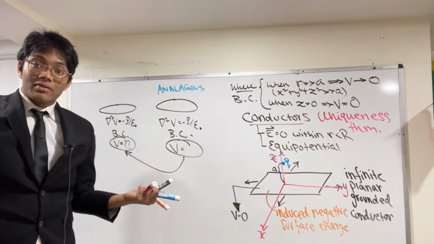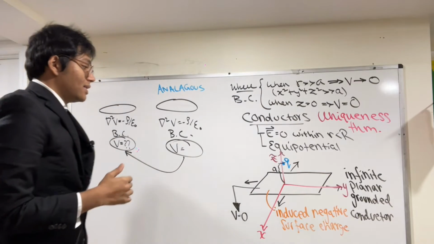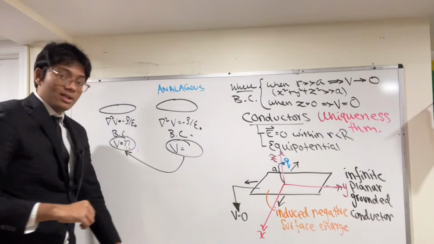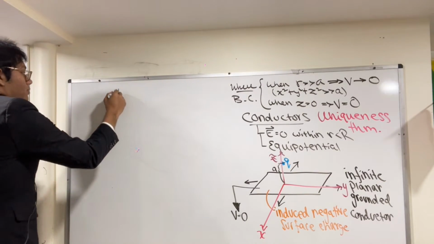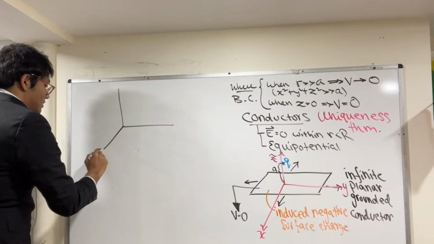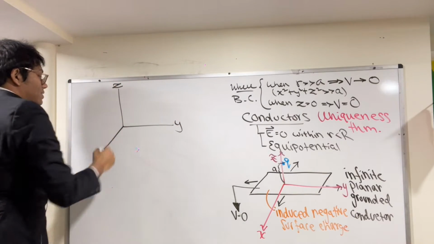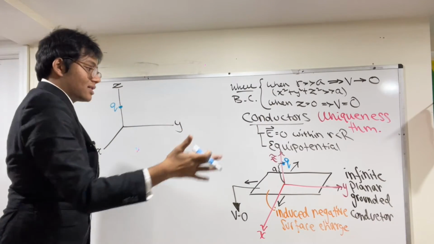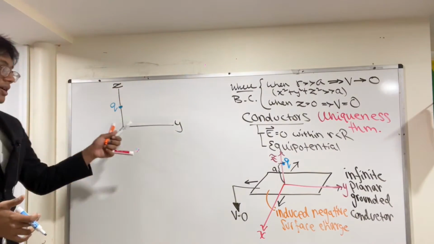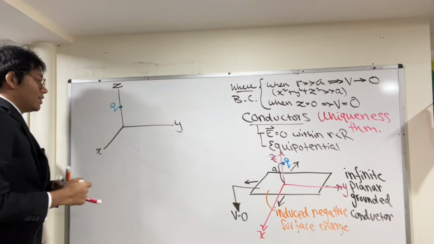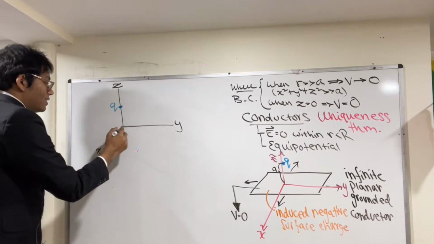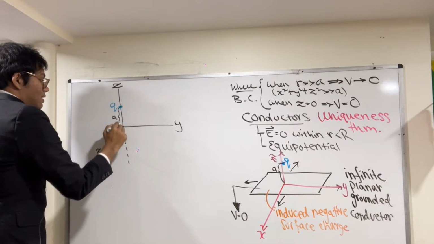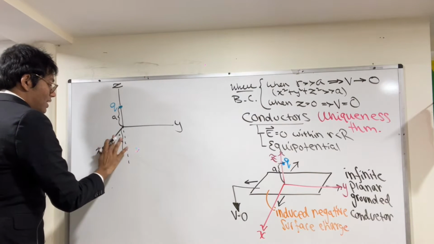So, how does that help us? How can we leverage that to help us find the electric potential for a charge near a conducting plane? Well, here's how. So, we have our x, y, z axes. Once again, we have a charge q, but this time we don't have any infinite conducting grounded plane on the xy plane. Okay, so we don't have anything on the xy plane, no grounded conductor. But we have, let's say this distance here is a, as was previously, but below the xy plane we have the following: